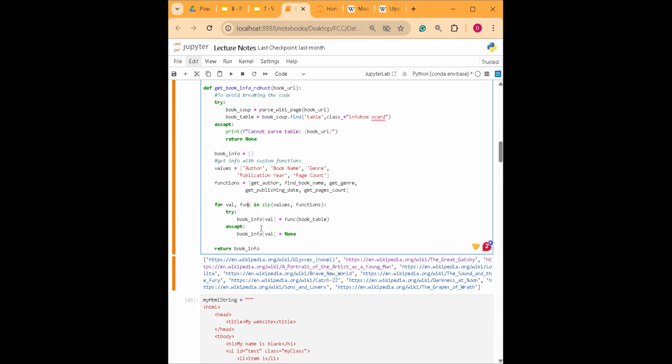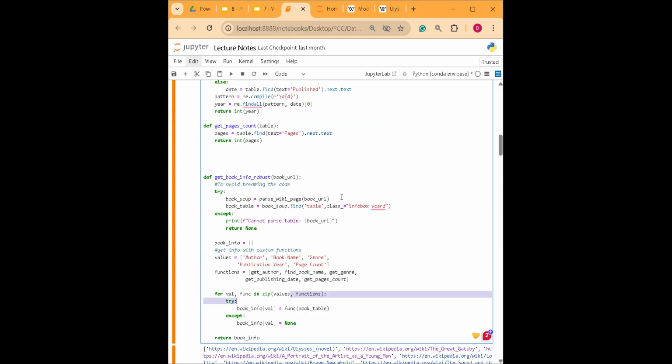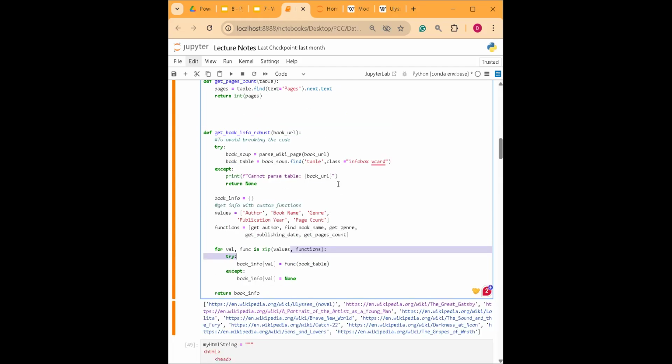It's going to try val is equal to book table, otherwise it will say none. So what's the main point here? The main point here is that once the table is ready, and we have the values that we need, the keys, and also the functions,